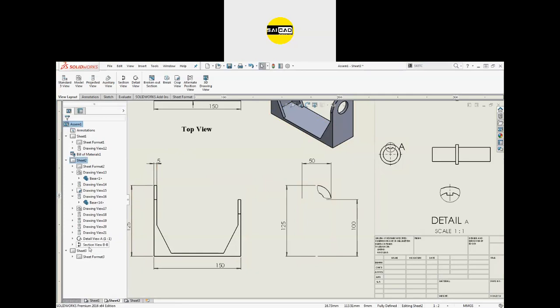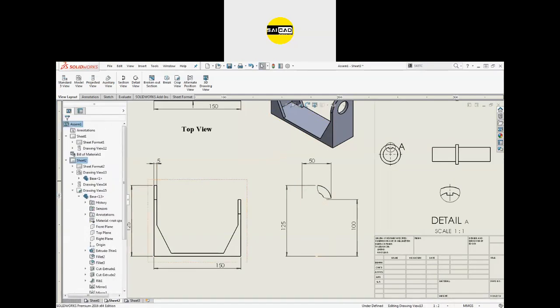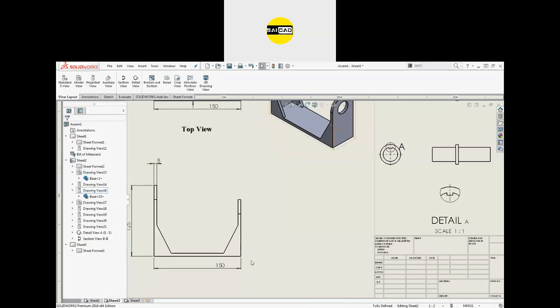Okay, now actually we have so many views here. So you can just press Control Z. If it does not go back, you can just delete that view like that.